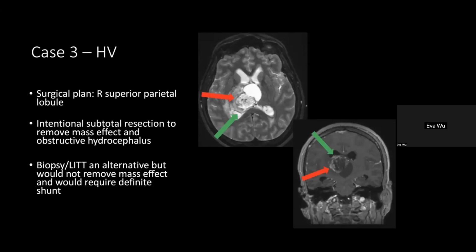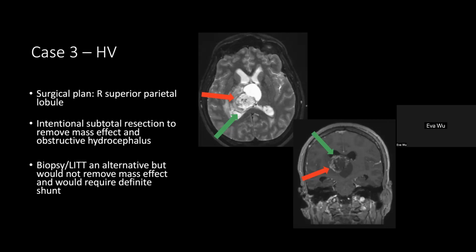Yeah. So what we ended up doing is surgery. So for a biopsy and LIT, it's an alternative which some people would do, but the only thing is that it would not remove the mass effect in the beginning, and it would require the patient to have a shunt. So what we ended up doing is a right superior parietal lobule approach, and then save that cystic area for last. And we just planned on an intentional subtotal resection